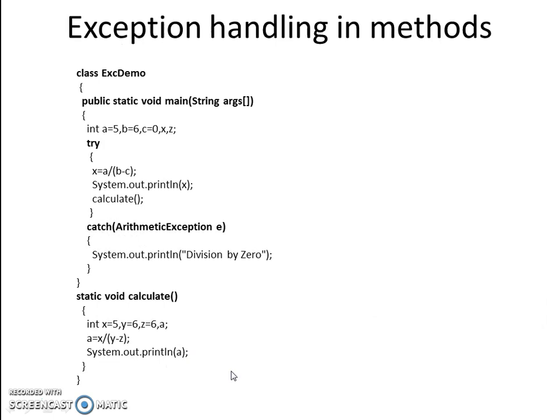Next, in this program, we are showing how exception handling works in methods. From this try block, we are calling a function named calculate. Now, as we can see in this calculate function, as the values of y and z are the same, this will result in an arithmetic exception which is not being caught by this calculate function. But because this function has been called from inside the try block, this exception will be handled by this catch block. But if this function is throwing an exception which is not being caught by this catch block, then it will have to handle that exception on its own.